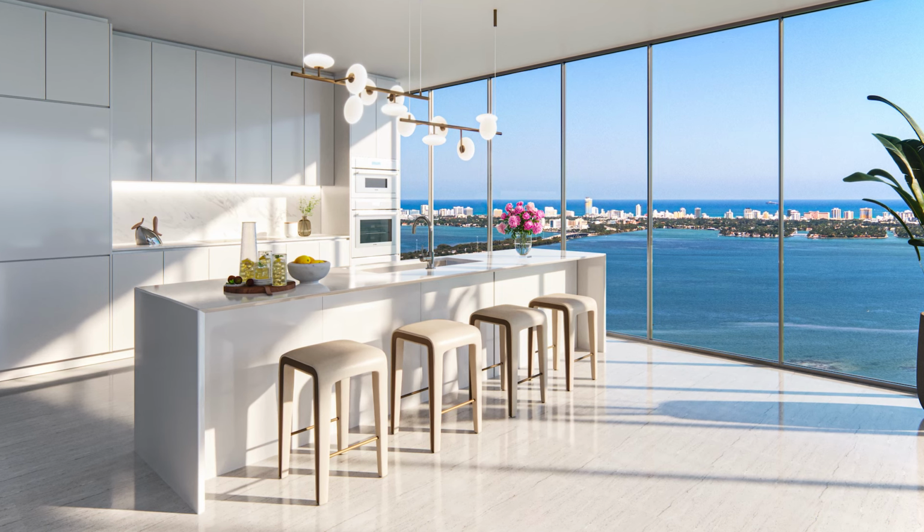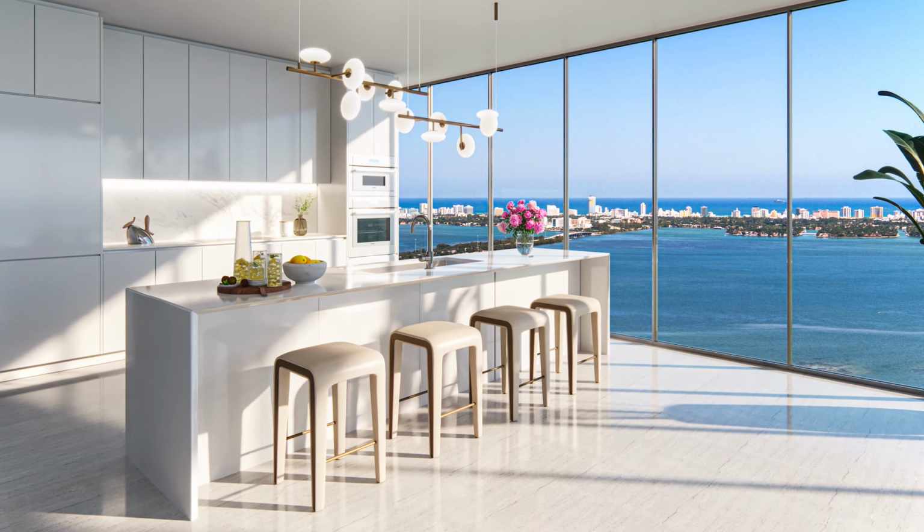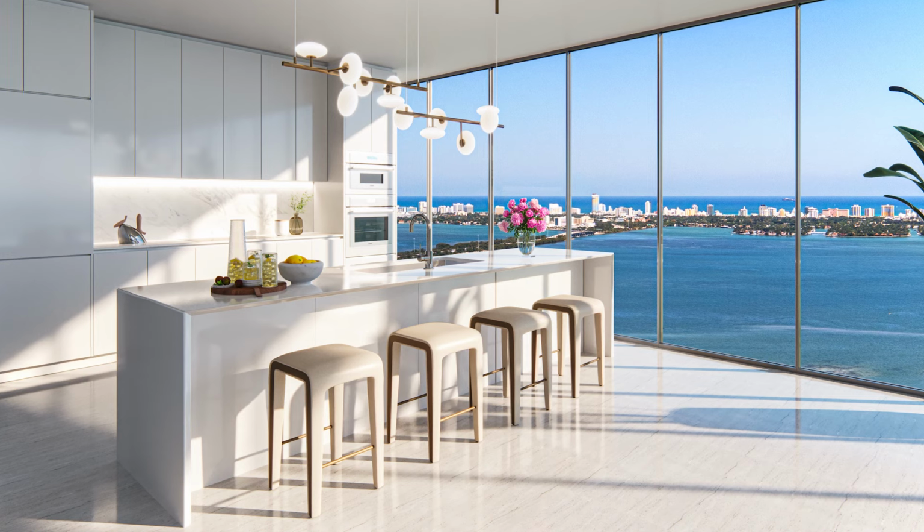So everyone, the residences come finished with Thermador appliances, Italian cabinetry, and 2 flooring options included at no cost. The reason why that's important is that you're not moving into a building with constant construction for the first 1 to 2 years, right? So you're moving in with something that's completely finished. And the 2 flooring options that are given, if for whatever reason you wanted something else, you can actually upgrade with the same company and they'll finish it for you before you close on the property. So I think that gives you peace of mind and the luxury of moving in when it's pretty much ready